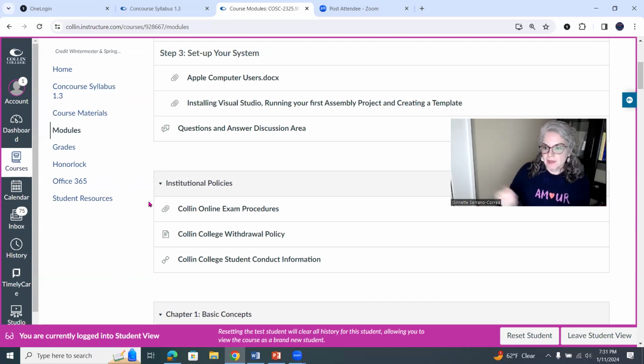But if I step away from the camera, if I'm talking to somebody, if I'm using my notes, if I'm supposed to be looking at the camera and I keep looking to my right, and I keep looking to my right, that test gets thrown out. Think about when you're sitting in a classroom and you're taking a test. You're not looking to your right, you're not looking to your left, you're looking right at the computer, you're looking right at your test. That's exactly what I'm going to expect on your exam.